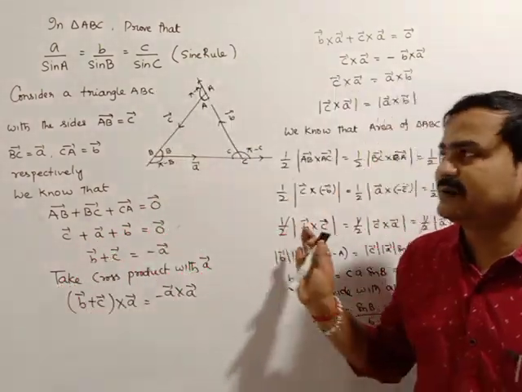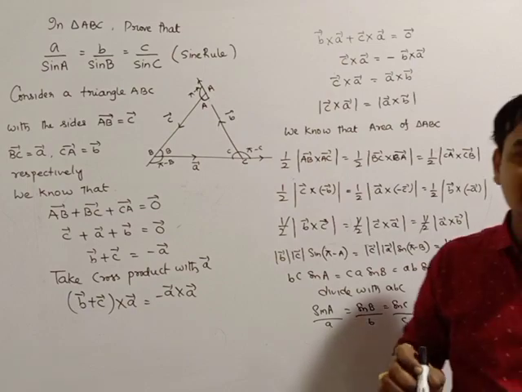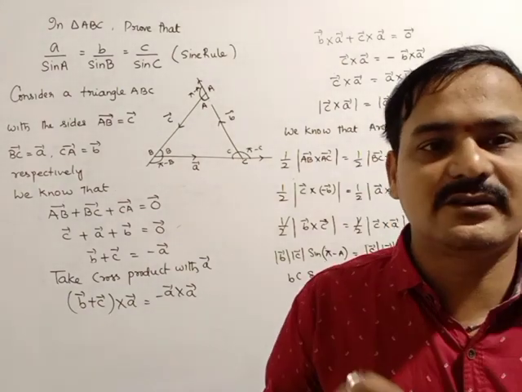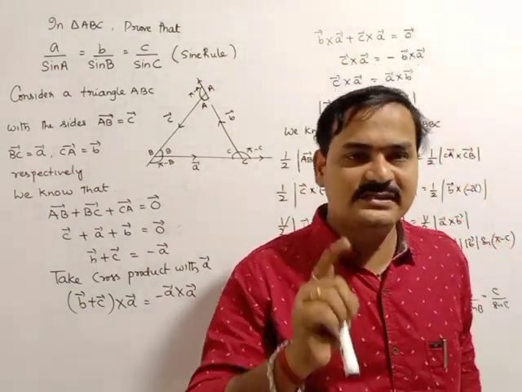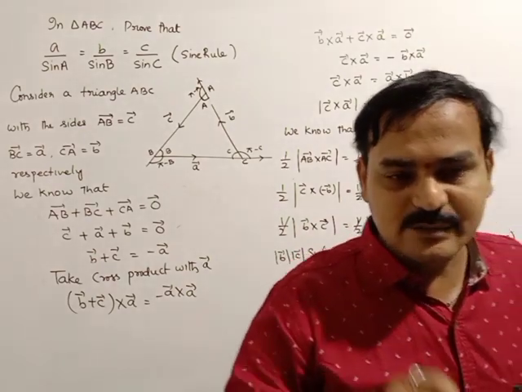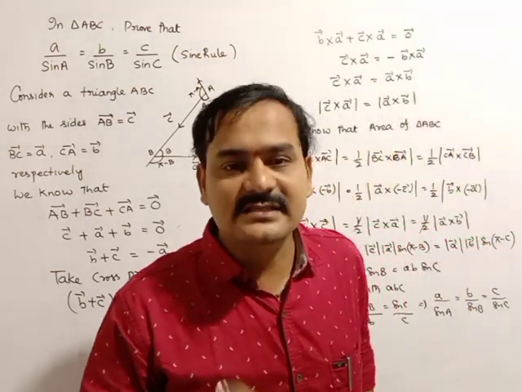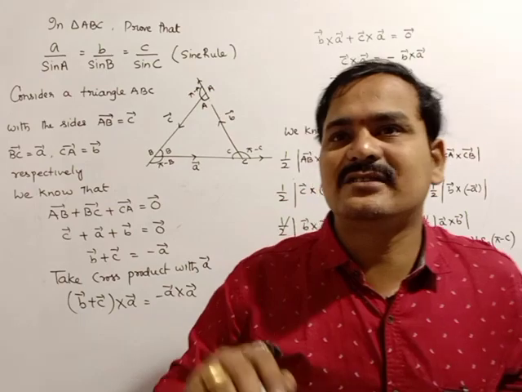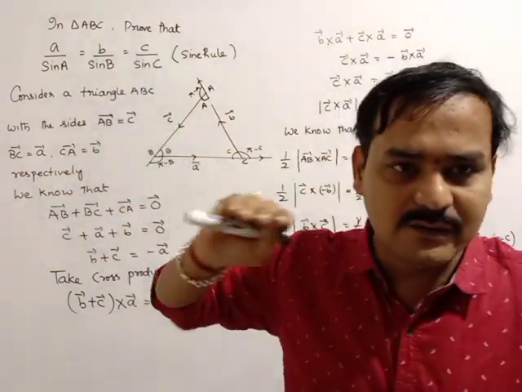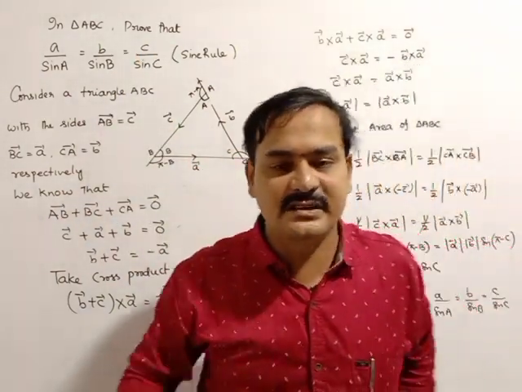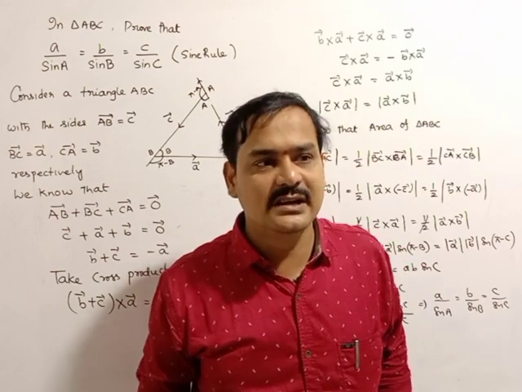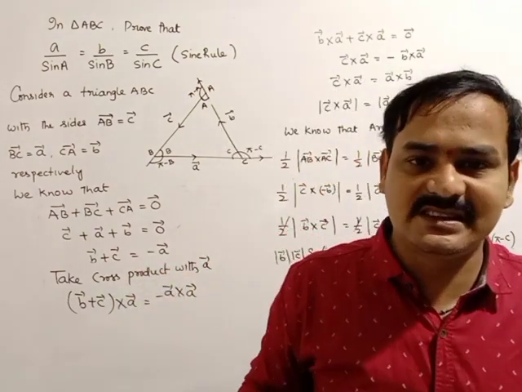So this is a very important 6 marks question. Today we are discussing the 3 theorems related to the triangle. The first one is the cosine rule, the second one is the projection rule, and the third one is the sine rule. These 3 are related to the sine function of the triangle. These are very important theorems, and these 3 theorems come repeatedly in the examinations. So prepare these 3 theorems very well today.